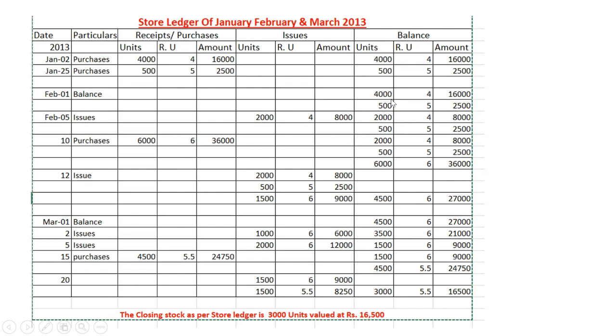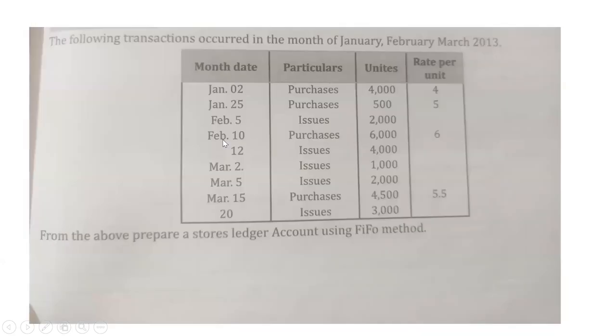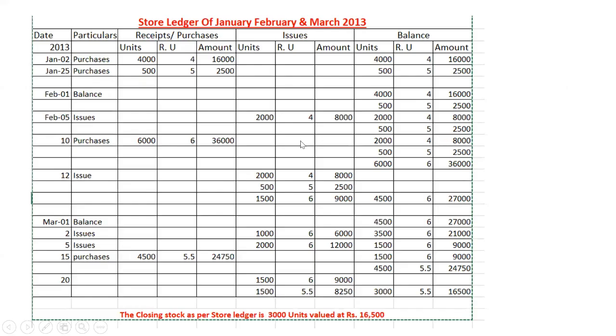And this also we have to write separately. 500, 500, 5 rupees and 2,500. Separately we have to mention. On 10th, there is a purchase of 6,000 units, 6 rupees, 36,000. Same thing we have considered here. So again, in writing the balance, first 2,000 balance, first balance, second balance, and this purchase balance, third balance